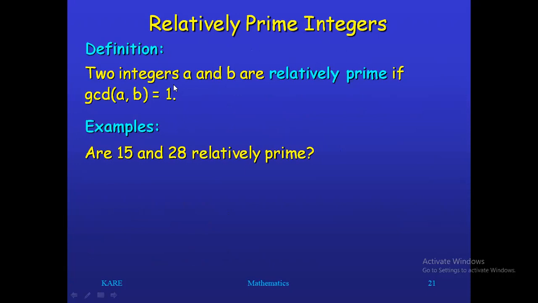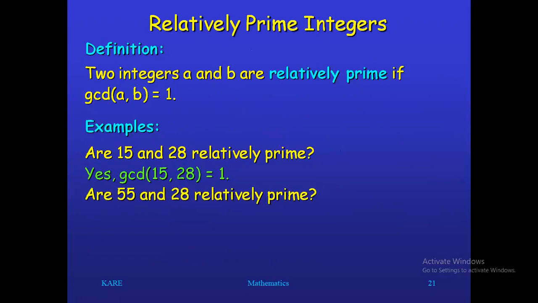So two integers: 19 is one integer, 72 is another integer. Those two integers are relatively prime because their GCD is equal to 1. Same thing here: 15 and 22 are relatively prime? Yes, because their GCD is equal to 1. Only the number 1 can divide both 15 and 28. There are no common divisors at all. In such a case, those numbers are known to be relatively prime numbers.